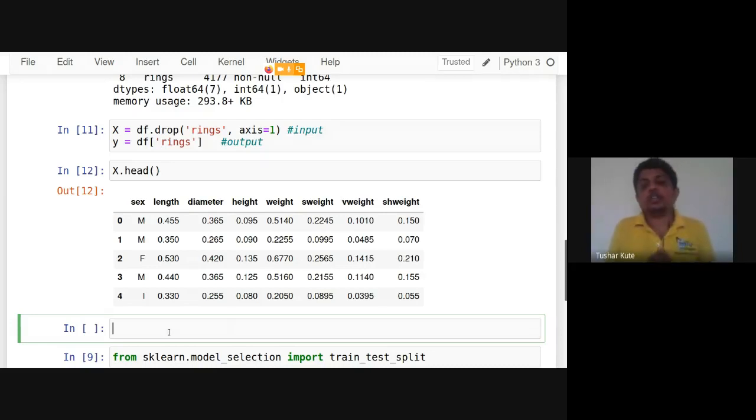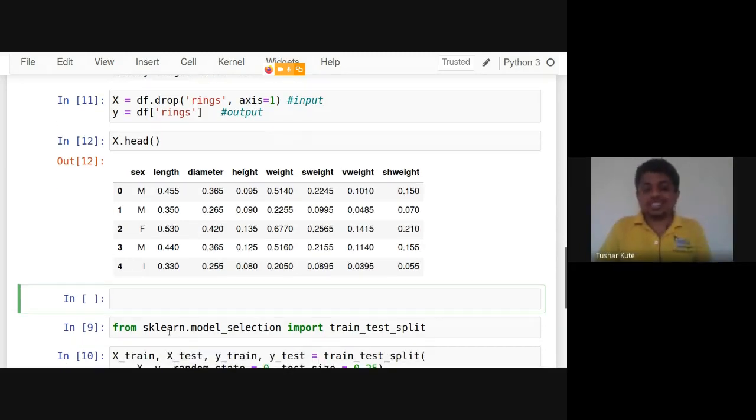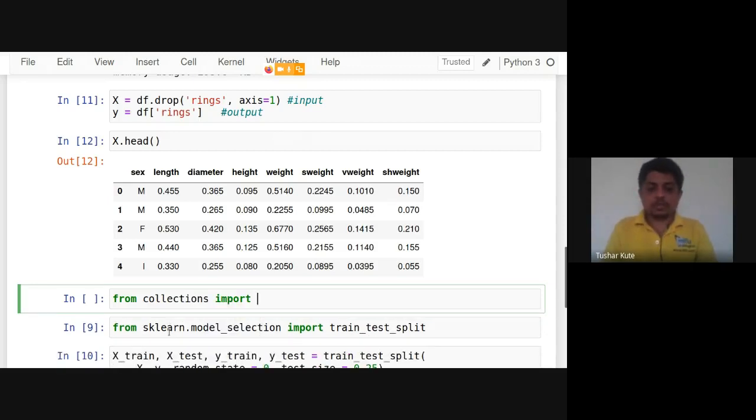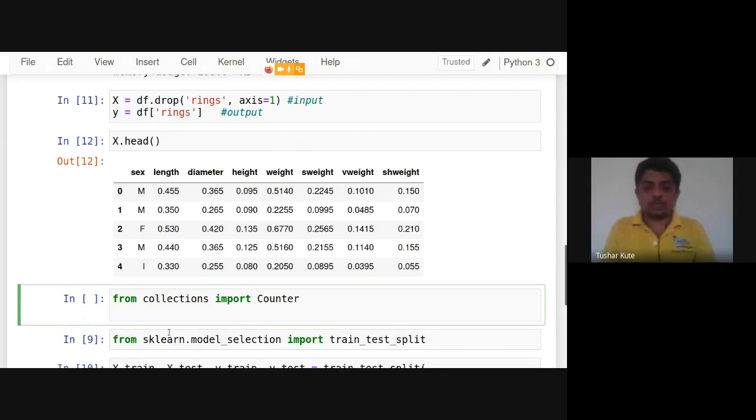then we can check the count, meaning how many classes are there and what the count of each is. A classification problem requires that we check whether it is balanced or not balanced. See, so from collections we will import Counter.